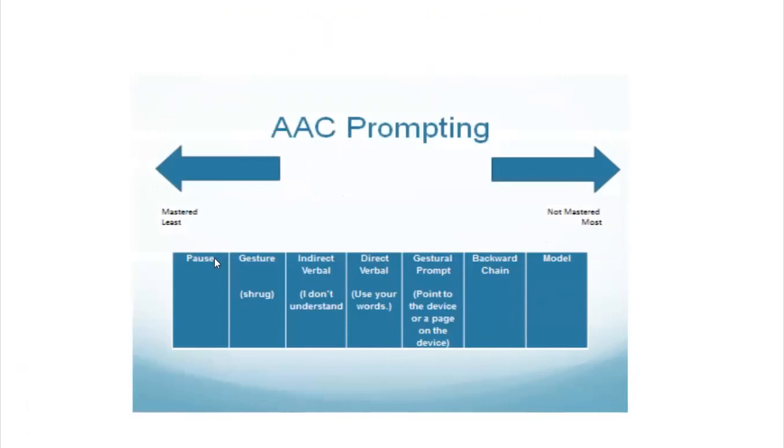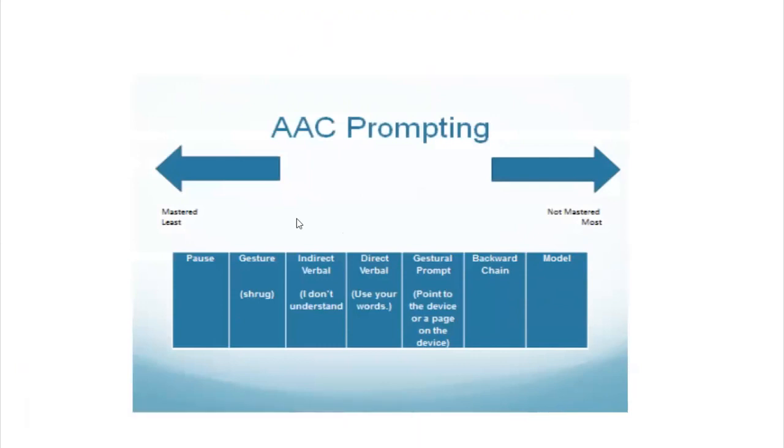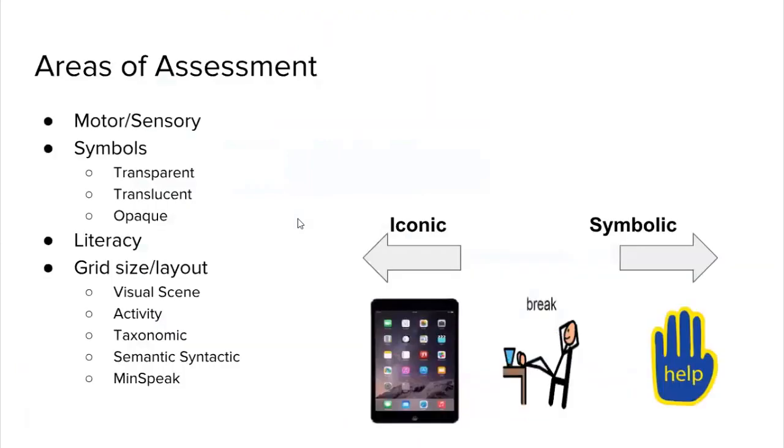You're going to do least to most support. So you pause, wait, give a gesture, and essentially follow this. And for somebody when you're trying to teach something new, you'd start on this end and maybe start with a model, just some backward chaining. My point in this is to show you that visuals like this are important to have provided so that everybody knows how they're supposed to be teaching.